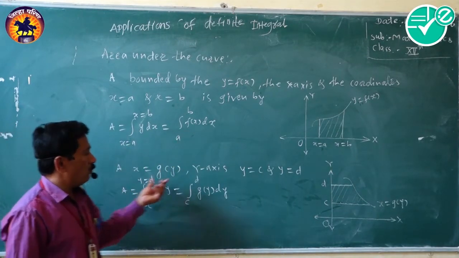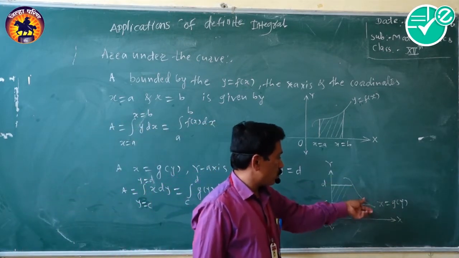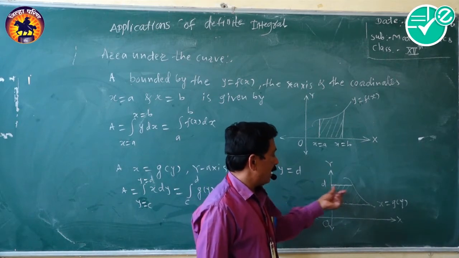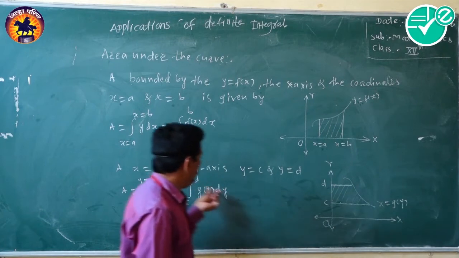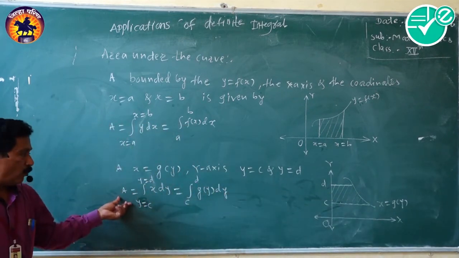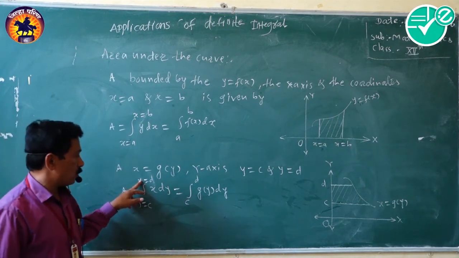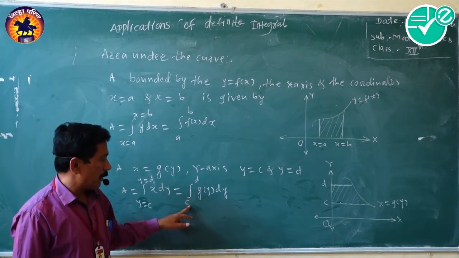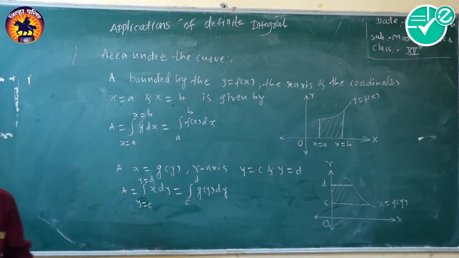And when we have to find the area of the region bounded by the curve x is equal to g of y, the y-axis, and the ordinates y is equal to c and y is equal to d, we can use this formula, that is, A is equal to the integration from y is equal to c to y is equal to d of x dy, or it is nothing but the integral from c to d of g of y dy. Now